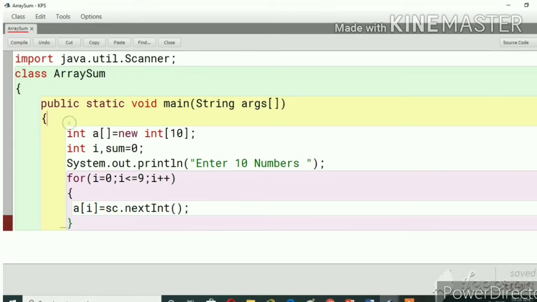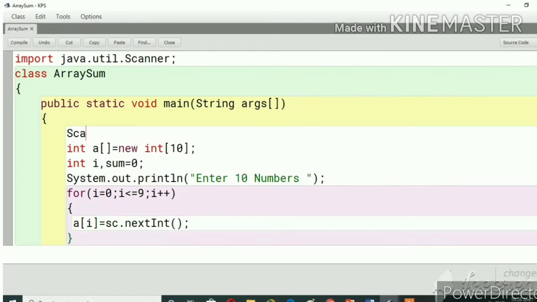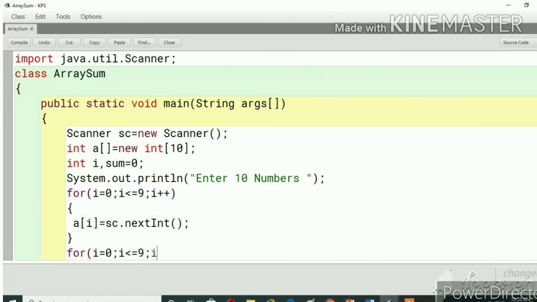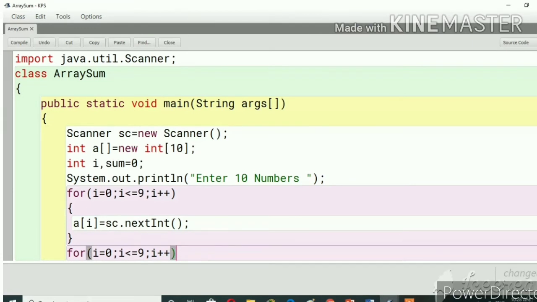Here we will use the Scanner, new Scanner. This loop is for inputting the 10 different numbers and this loop is for calculating the sum of the 10 different numbers.